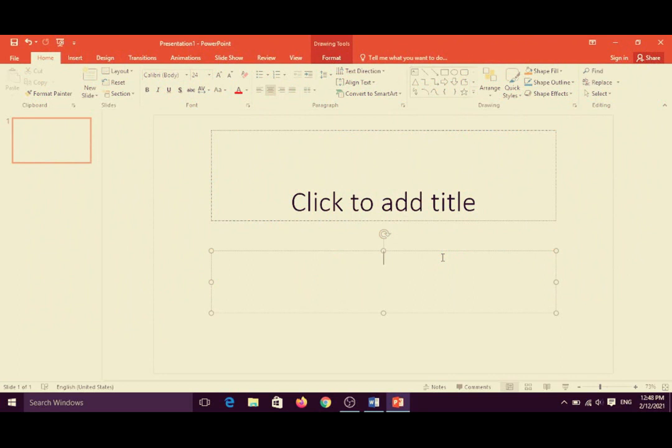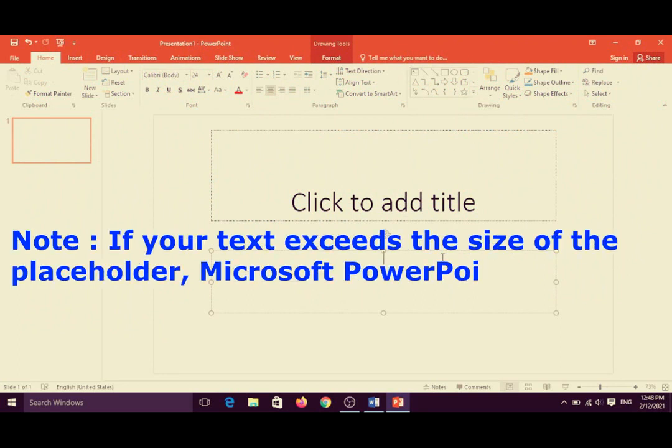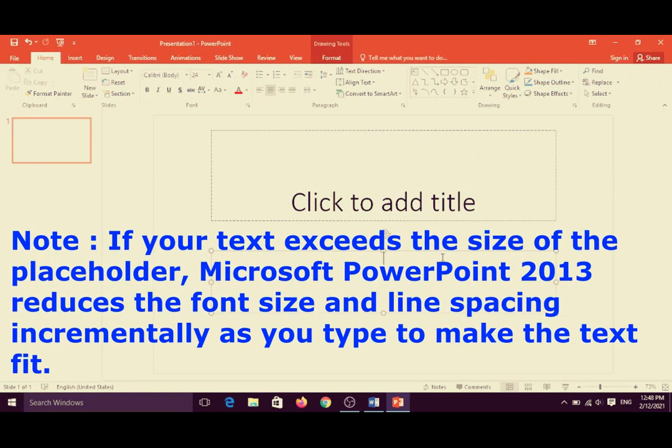If your text exceeds the size of the placeholder, Microsoft PowerPoint reduces the font size and line spacing incrementally as you type to make the text fit.